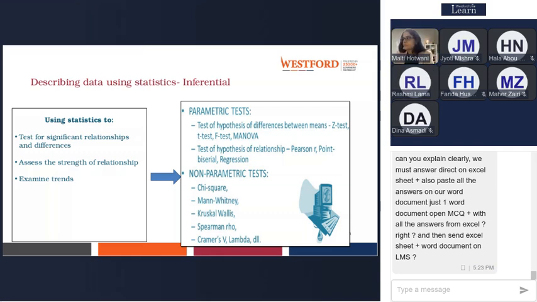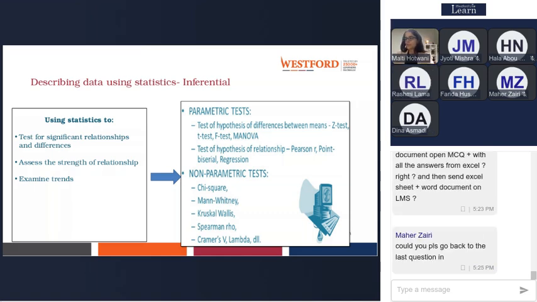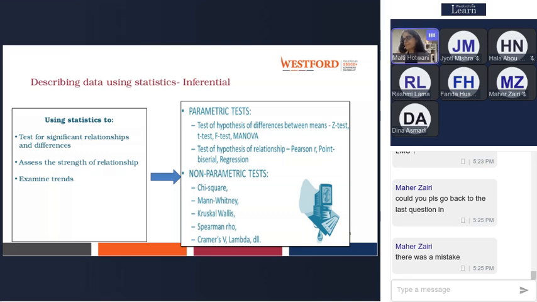This is my focus: how to download it, how to work on it, and how to upload it. Don't worry, she will tell you. She has told me to convey that she's going to talk about your logins and how to access the LMS. She's going to guide you in that session.